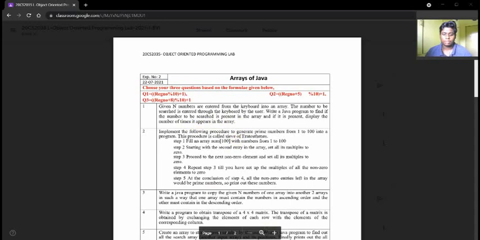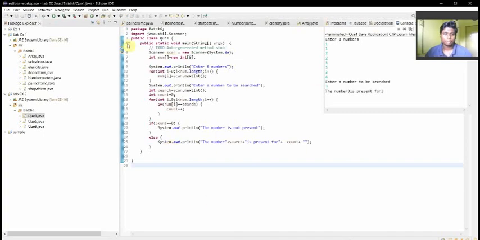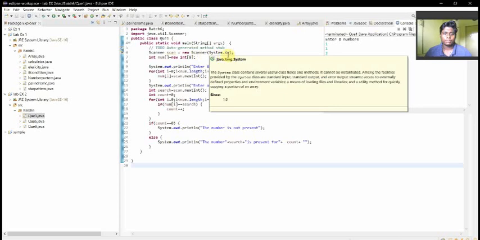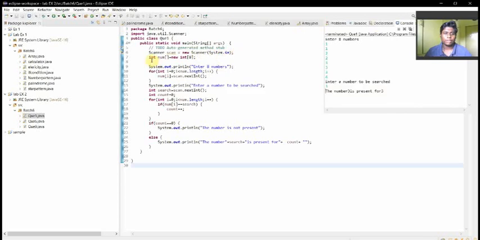Now we are going to execute it. Here is the code. Here I take Scanner scan equal to new Scanner(System.in), and now I'm taking the integer array number equal to new int[8], because I'm taking 8 numbers.